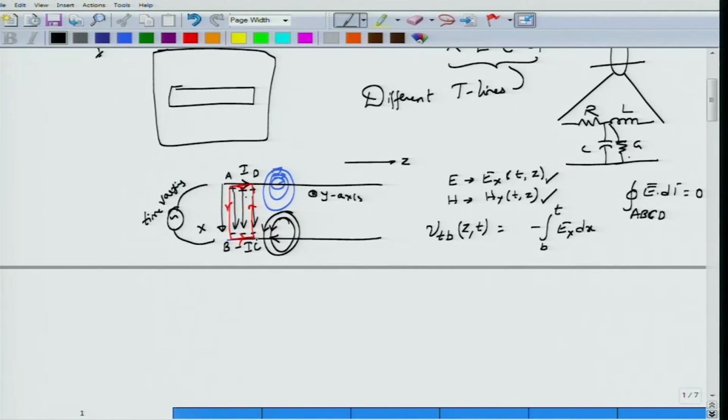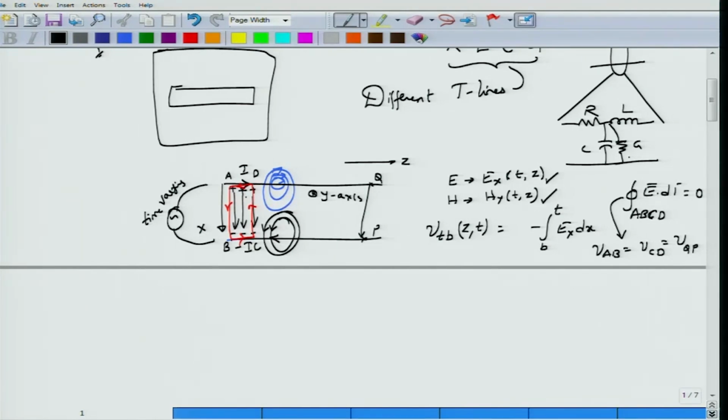which also implies that the potential difference between the two points A and B is equal to the potential difference between the points C and D, and they would also be equal to the potential difference between Q and P. So if you take this as Q and this as P, the potential difference here would be the same as the potential difference at points A, B. So in other words, for the electrostatic scenario, the transmission line acts like a conductor whose potential is constant throughout its body, throughout the region. So these form an equipotential conductor or equipotential surface,